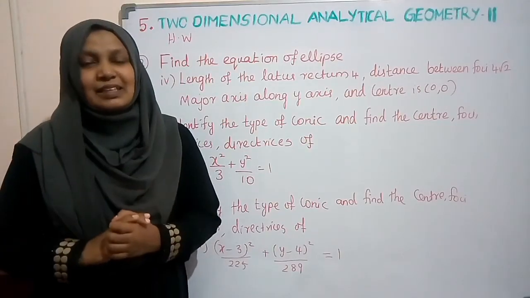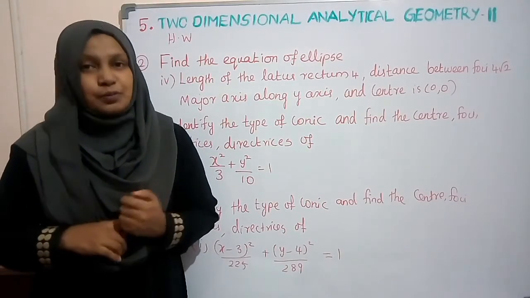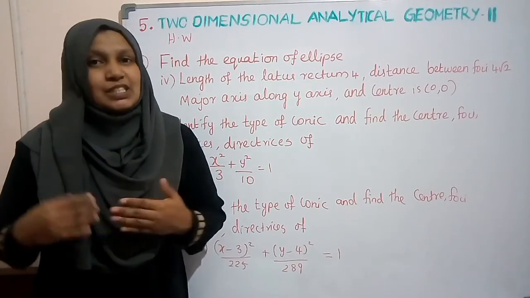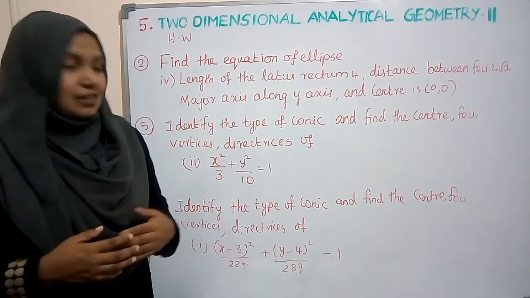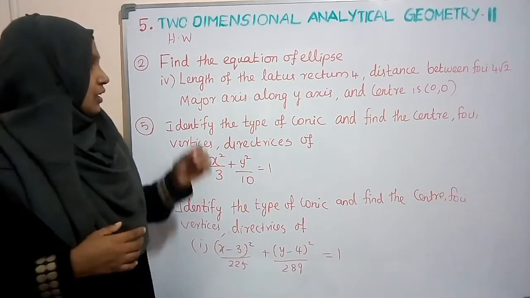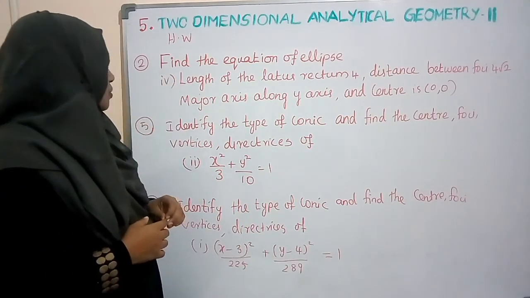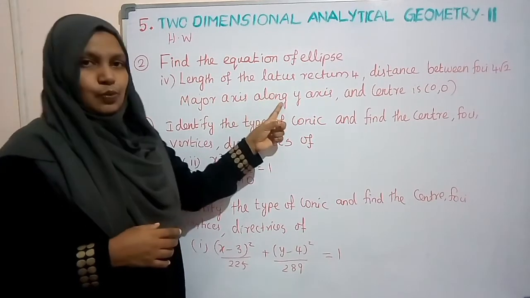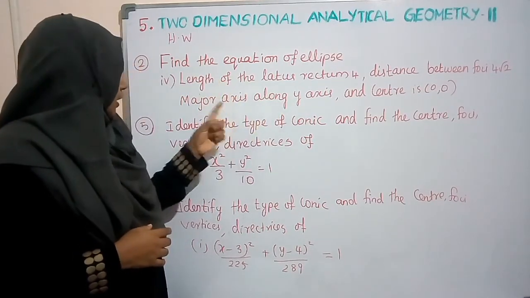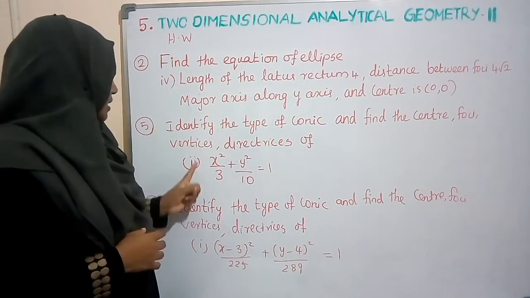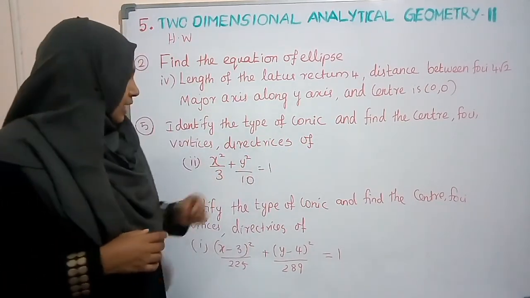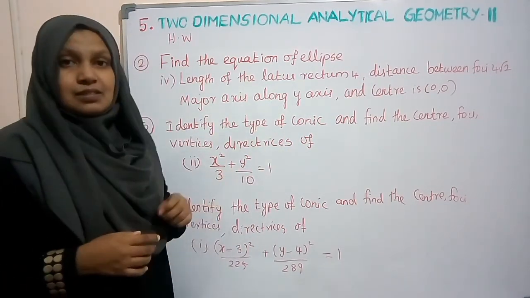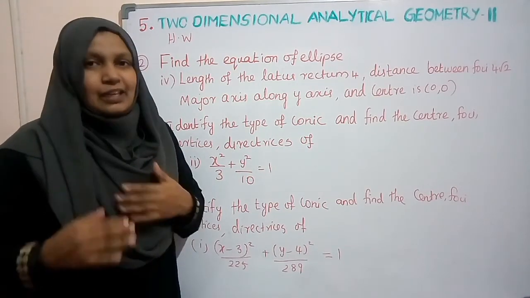So today we learned about the ellipse, how to form the equation, and from the equation how to find the center, foci, directrix and vertices. Okay. See, you have 3 homeworks today. First one is form the equation, like subdivision 3, you can do this. And fifth question, subdivision 2, from this equation you should find the center, foci, vertices and directrix. Here the center is 0, 0. Directly you can write the answer.